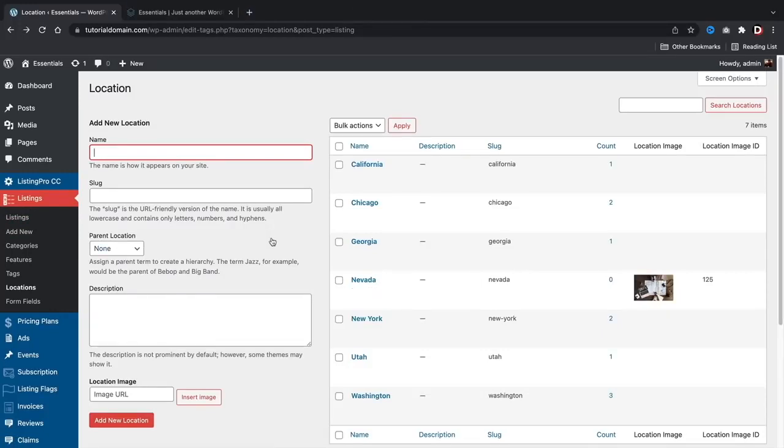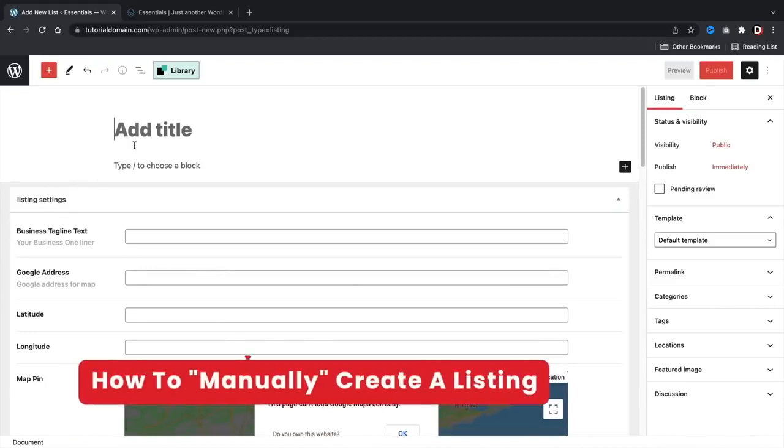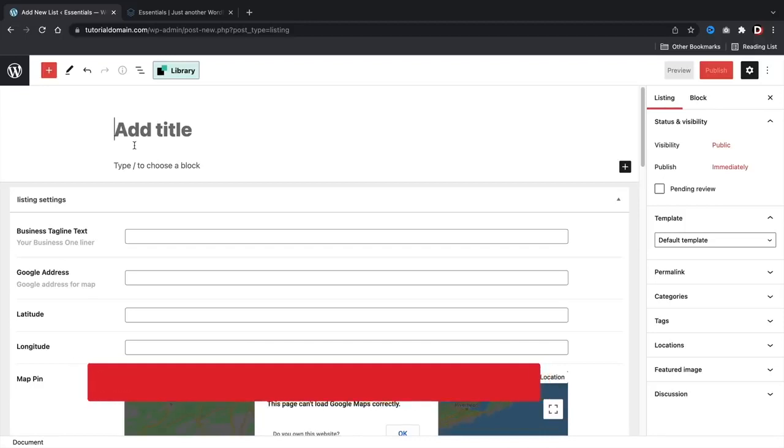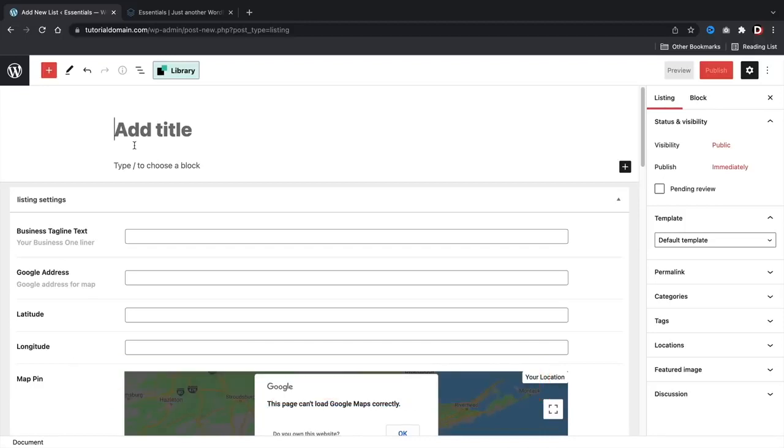All right, so now that we have the locations, the features, and the categories and the tags, let's now create a listing. We'll come back to form fields a little bit later, but for now, let's just click on add a new listing. Finally, right? Finally. So what are we offering, right? Well, for this specific example, I'm just going to pretend that I'm a web design agency that wants to offer services in Nevada. So I will say that this is the Daryl Web Design